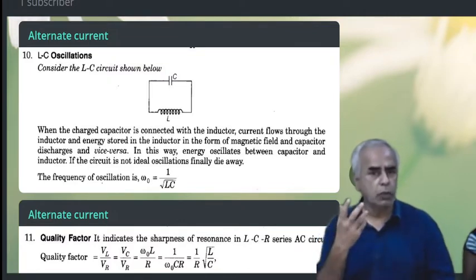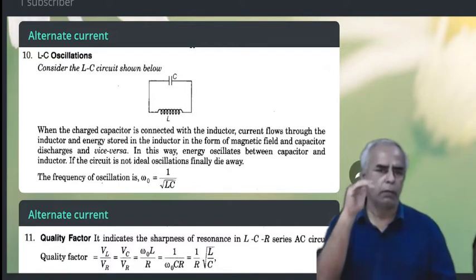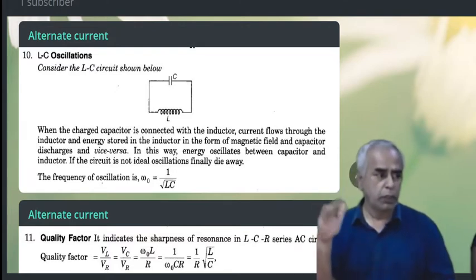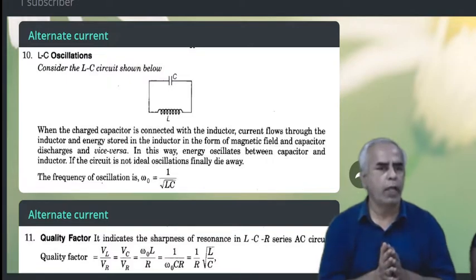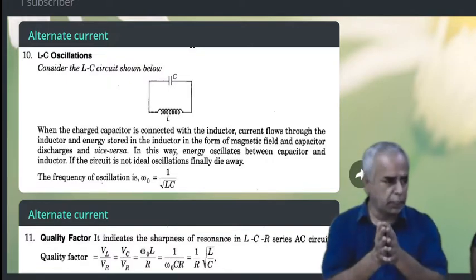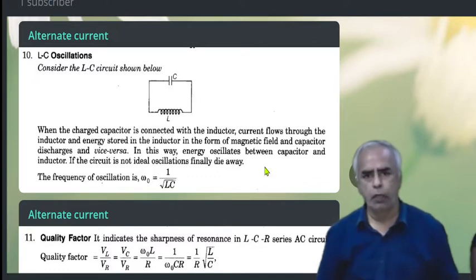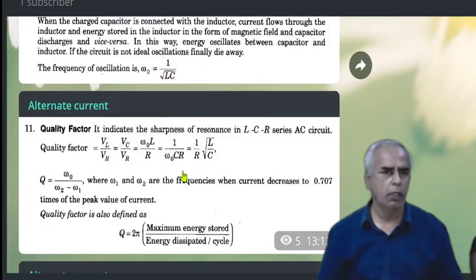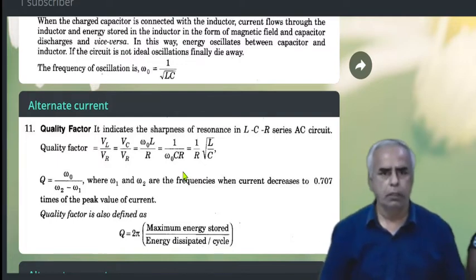And in order not to damp, that is, we should not let it vanish. So in order to avoid this vanishing of oscillations, what are we supposed to do? We have to provide energy continuously. Are you able to follow? Right. So I hope now you are able to understand LC oscillations. What do you mean by LC oscillation? Inductor capacitor oscillation. Okay, right.